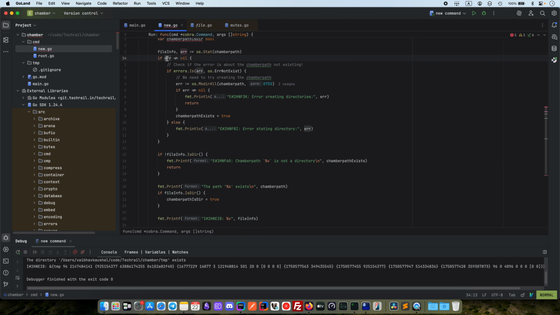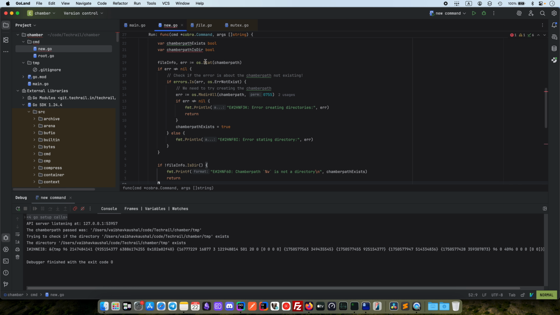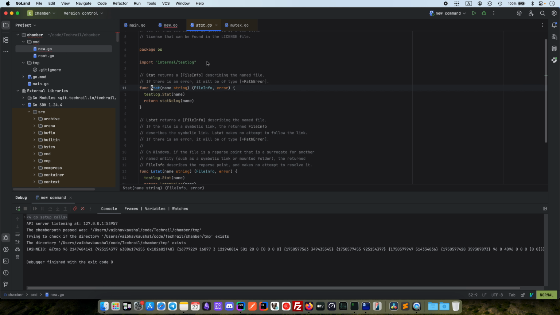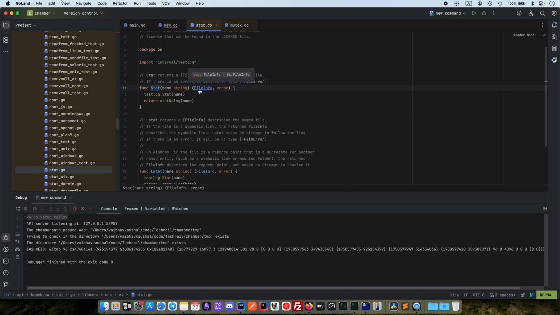So this is a file info. Is file info an interface? Yes, it's an interface, which means that it can be nil. If there's an error, it will be a type *PathError, which is also possibly nil. So if file info is not equal to nil and file info is directory